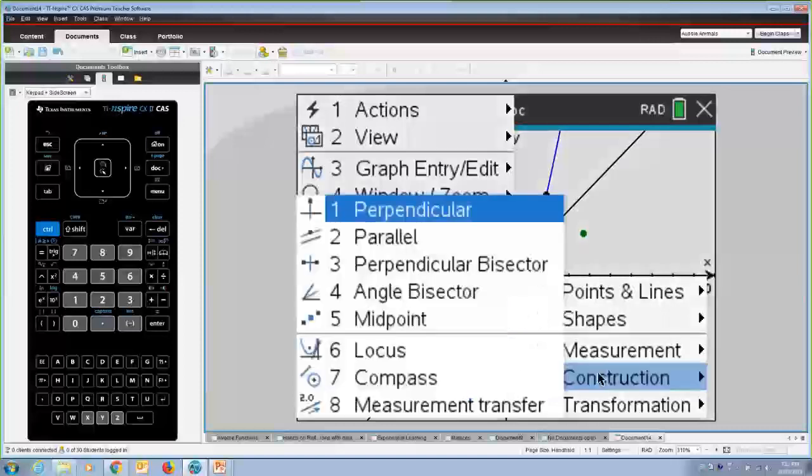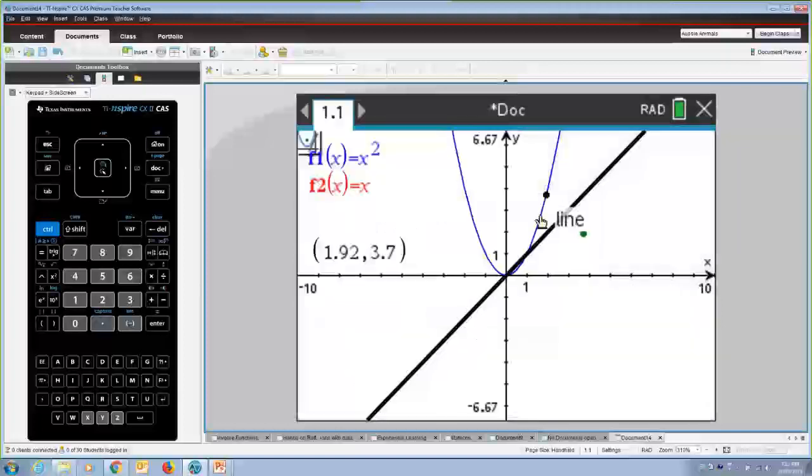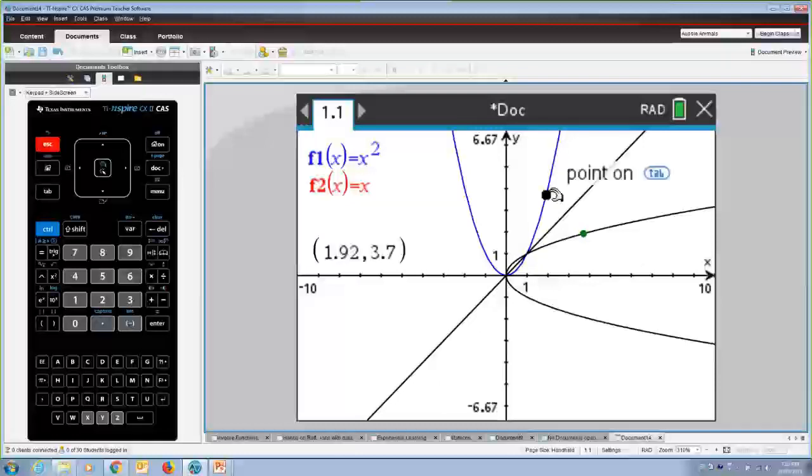It's called a locus. So we can use this point to create a locus over here. And now we have our reflected function, and we know it's a reflected function because we reflected that point, and that point moves nicely along